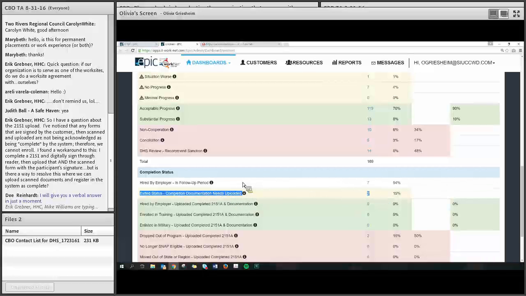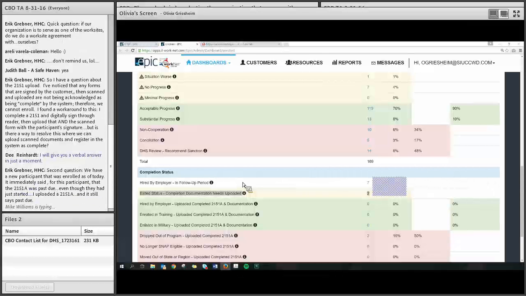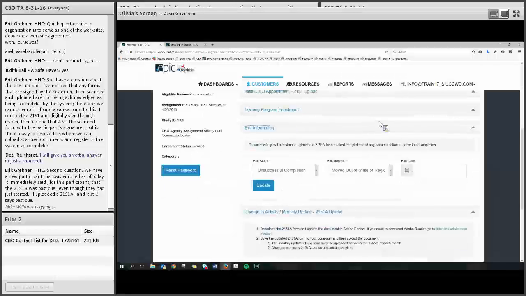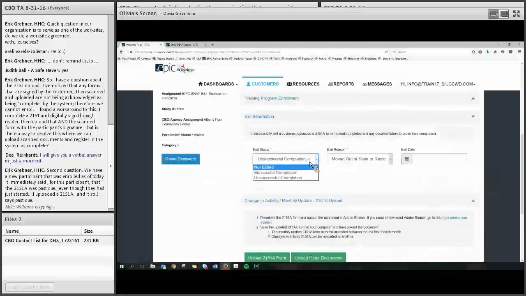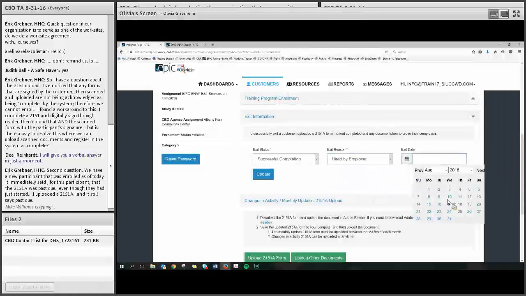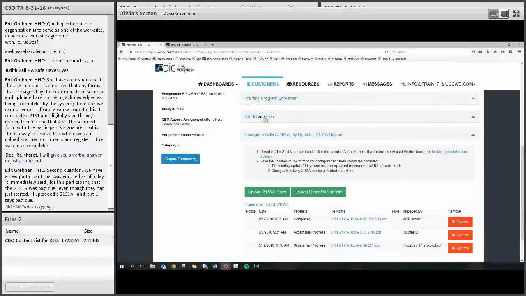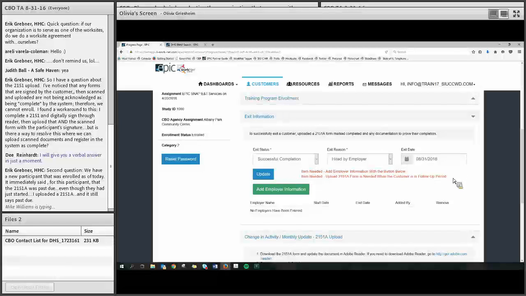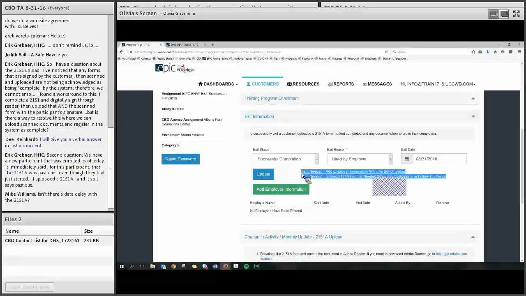This just means the customer has been exited, but the final documentation has not been uploaded. I'm going to pull test back over again. And so when you go in and mark a customer as successful and hired by an employer, and this happened today, and once you click update, then when you go back into that, there's going to be red text in that area right there saying what you need to get uploaded for